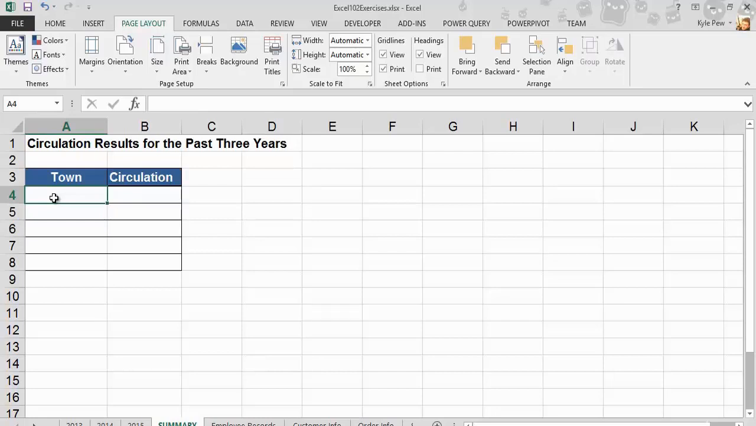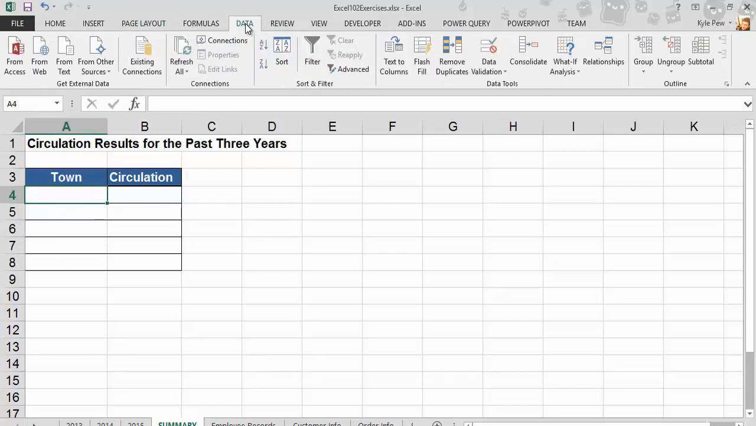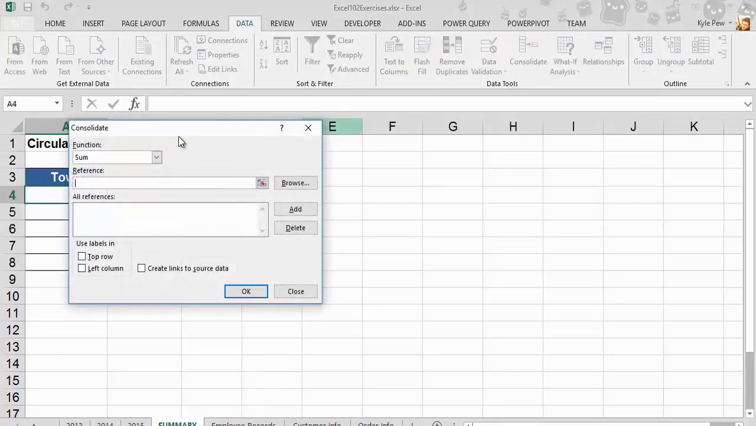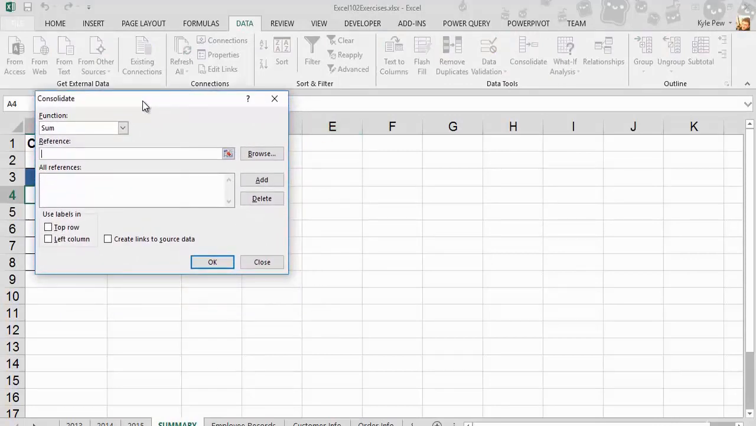Watch this. So I'm on the summary sheet. I deleted out the towns. I'm going to click inside of cell A4. I'm going to go up to my Data tab, top of my screen. Towards the far right, we got a section called Data Tools, and I'm going to go to Consolidate. I'll give that a click. This opens up my Consolidate window where, just with a little bit of input, Excel is going to consolidate the 2013, 14, and 15 sheets all into the summary sheet